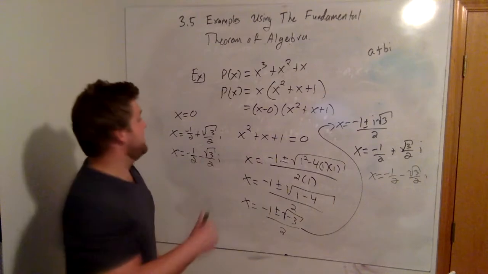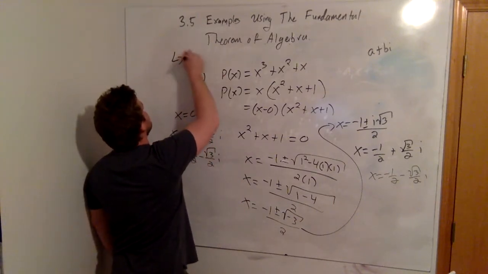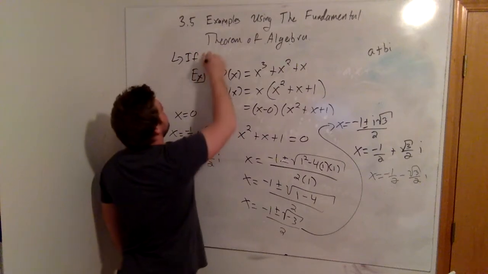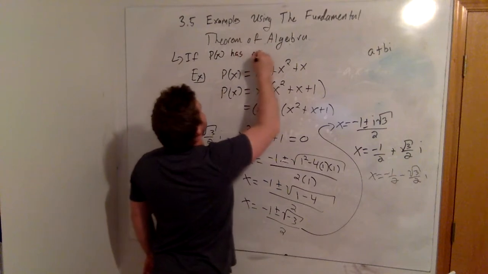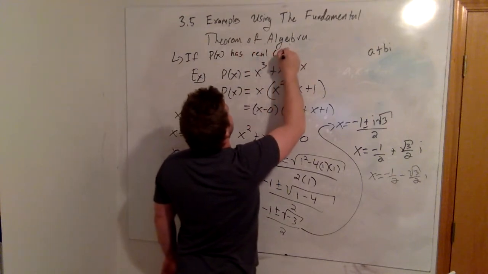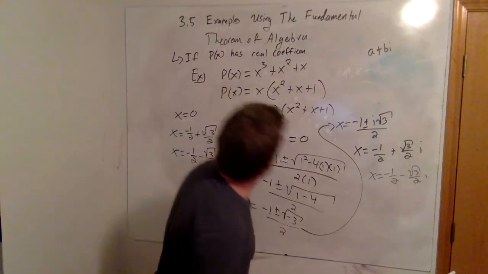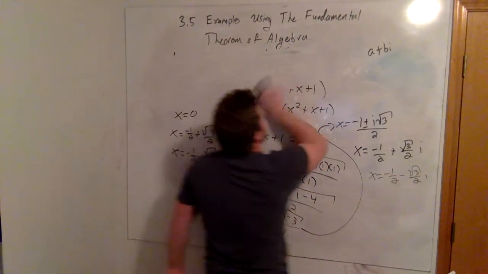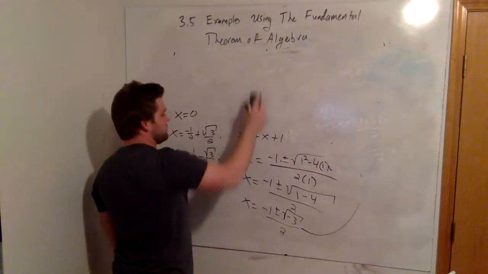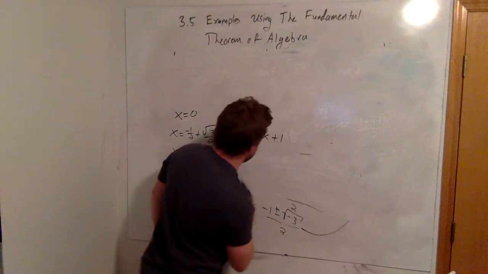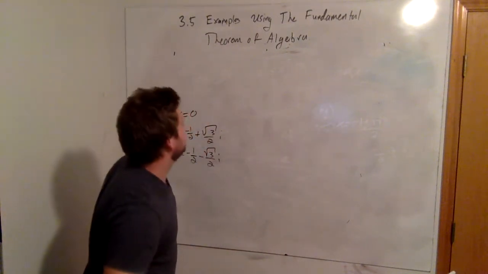So I want to write that down. If the polynomial p of x has real coefficients, let's clear some space to write this down. This is something to remember. I don't want to erase all of this because I want to finish factoring this polynomial. I'll leave the roots out. But note,